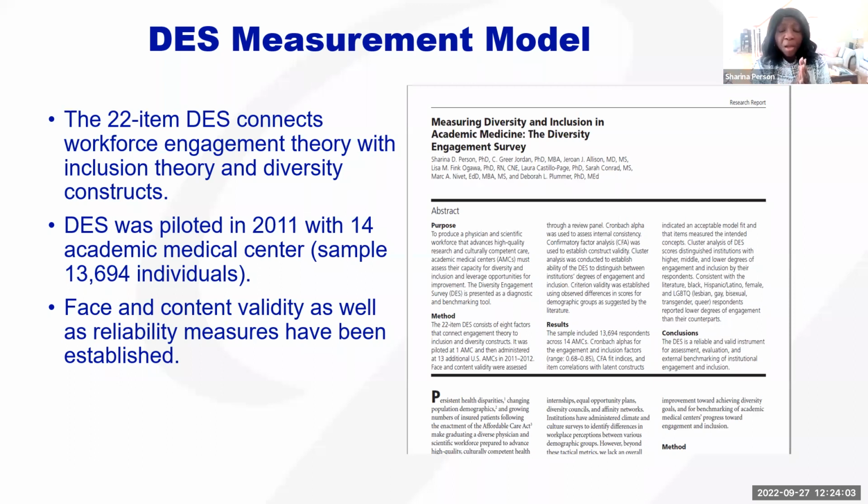So Debbie Plummer, who was the DIO office director at the time, was charged by Chancellor Collins to develop a survey that was actionable, not one that we would just say, oh, that's great, we did the survey, that's the results, and then put it up on the shelf. He wanted something that was actionable. And so based on her background